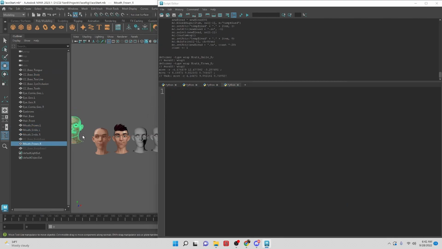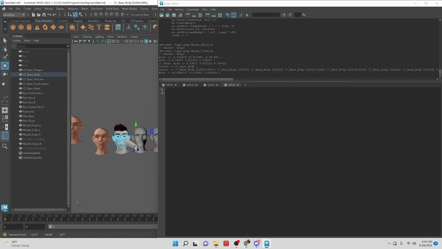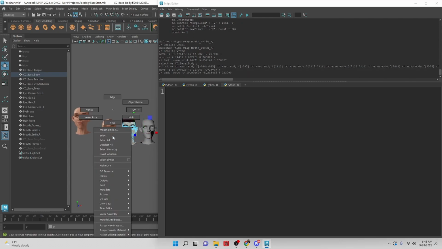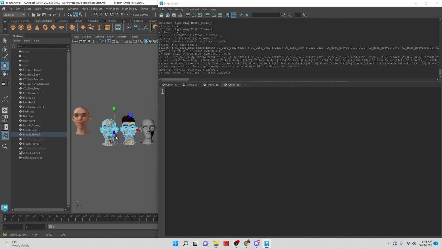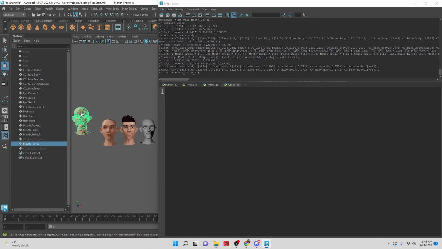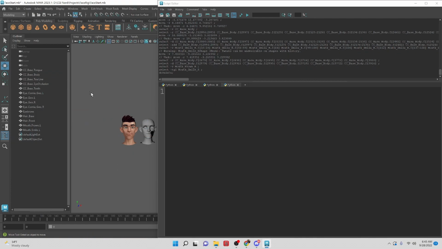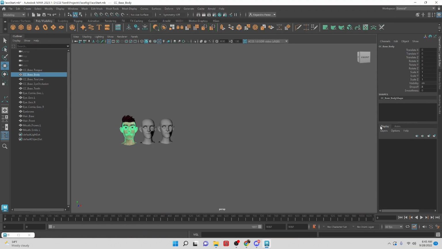Okay, so we have these items here. If we change this here, will it affect those? No. And if we change this here, will it affect the other way? No. Oh, because we deleted the construction history. Let's break our code for a minute and double check that there's no history here. There is not,